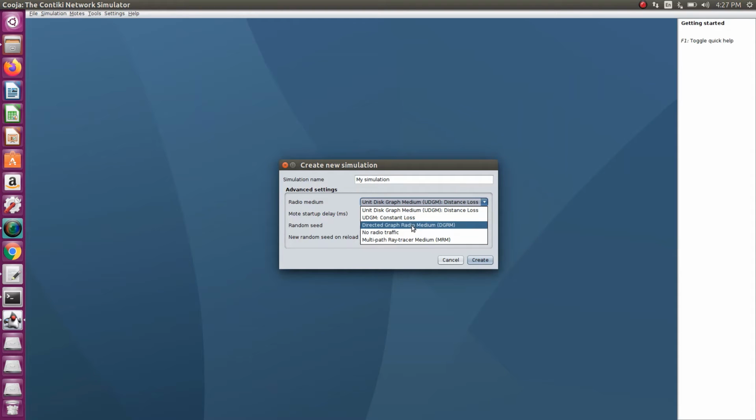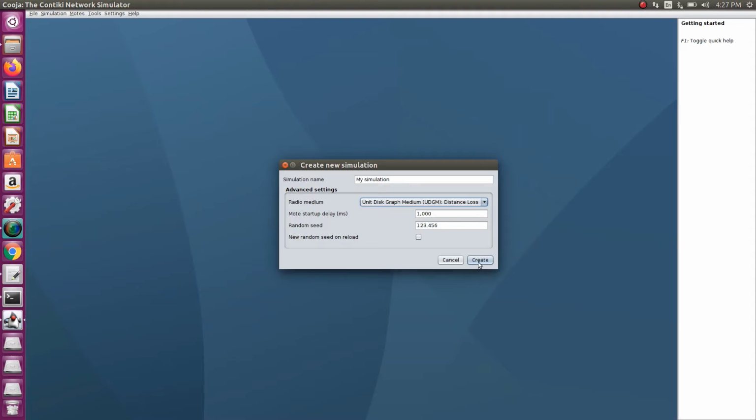Then directed graph radio model, then no traffic, then MRM, multipath ray tracer medium. So we have different radio mediums available. Then mote startup delay is 1000 milliseconds, which is the default value. Then the random seed will be a random value.